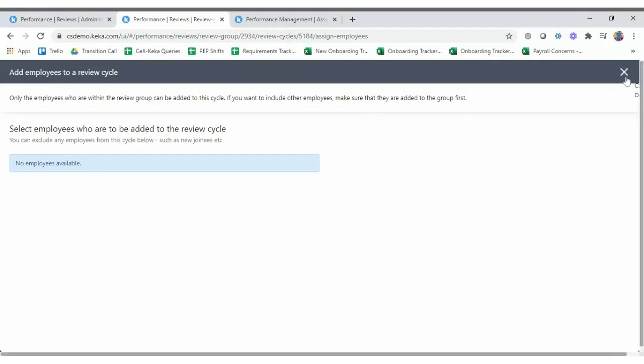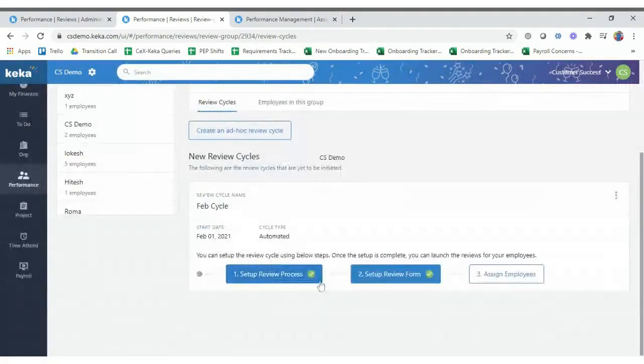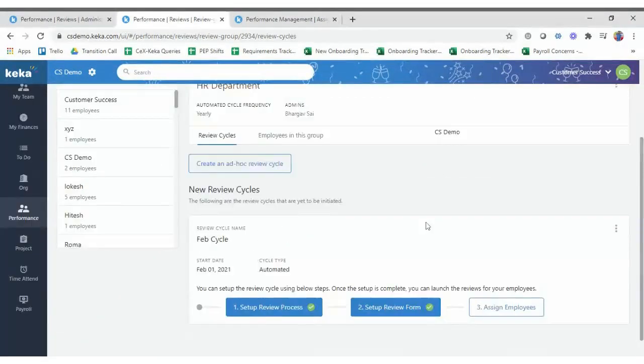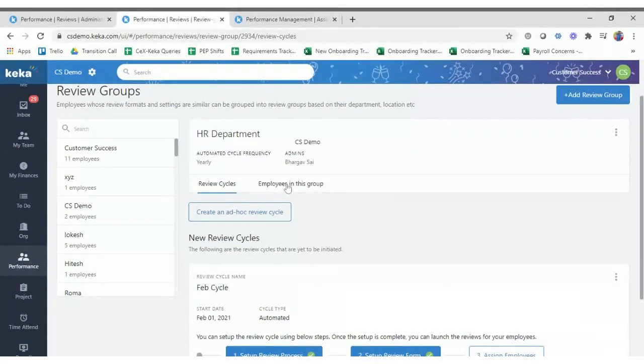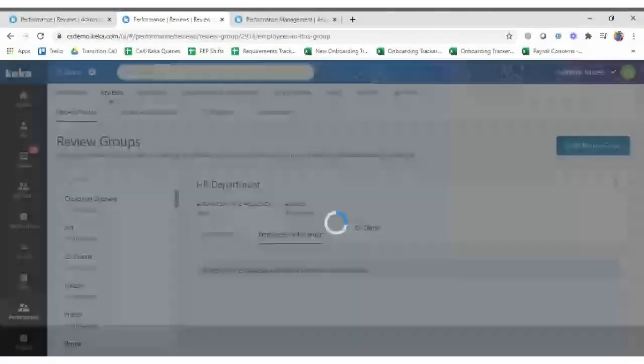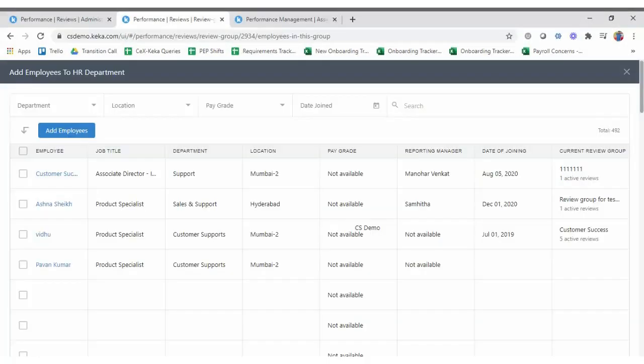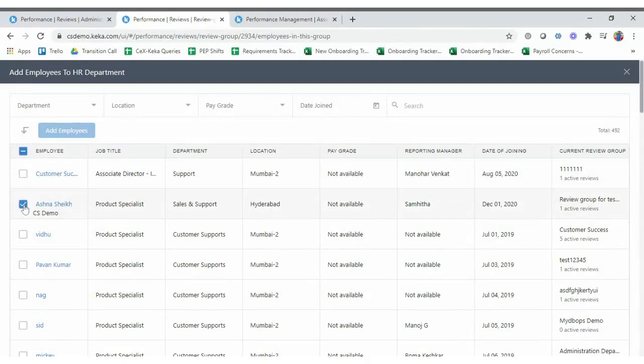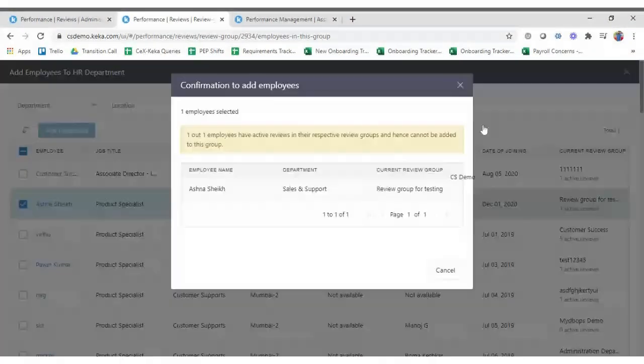Right now we are done with the review process and review form settings, and we need to assign employees to this particular review cycle. How we do this is, first we will add employees to this particular group. So you will have employees in this group here. Click on this, click on add them. Oops. So we have validated this